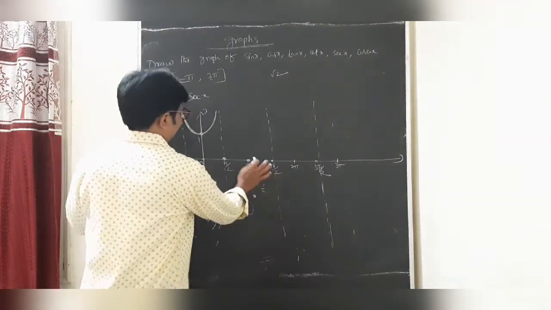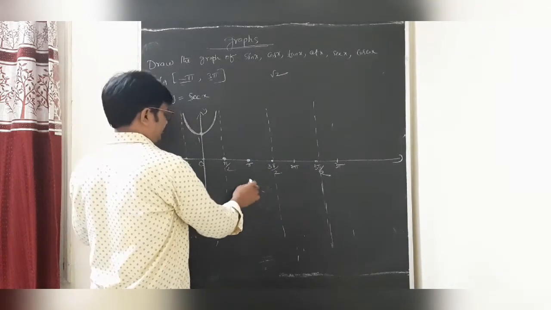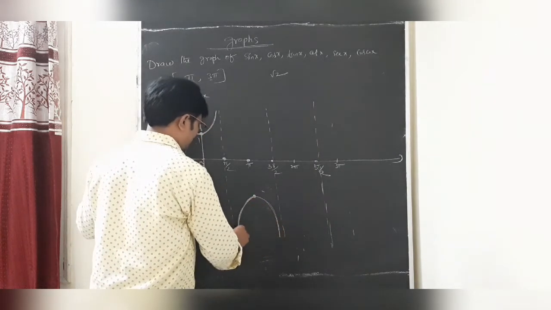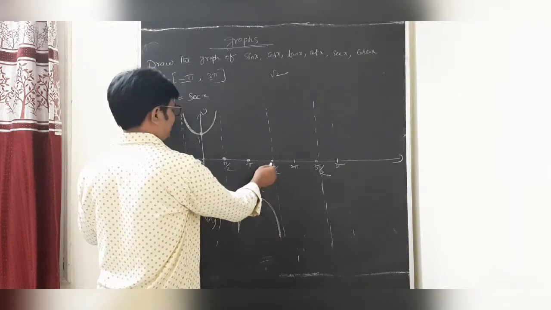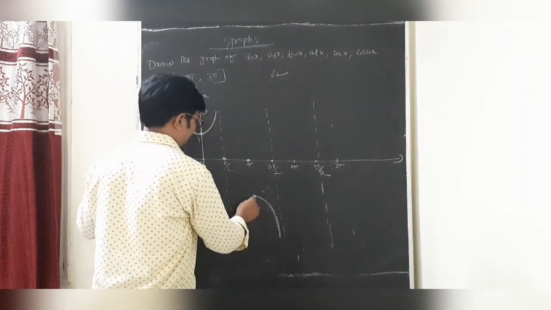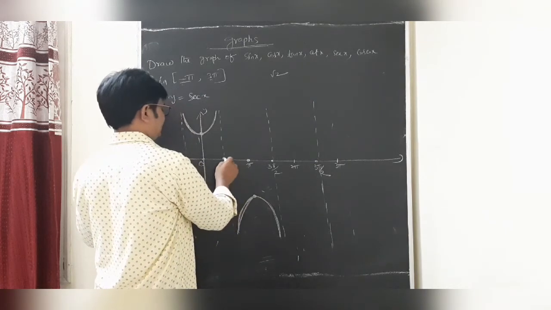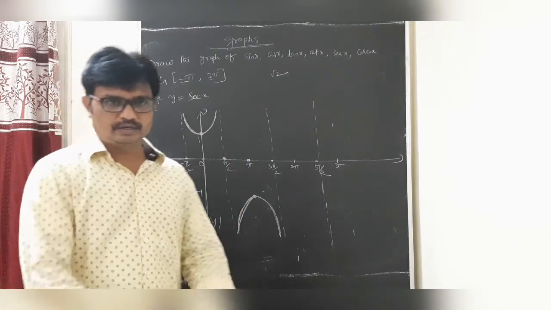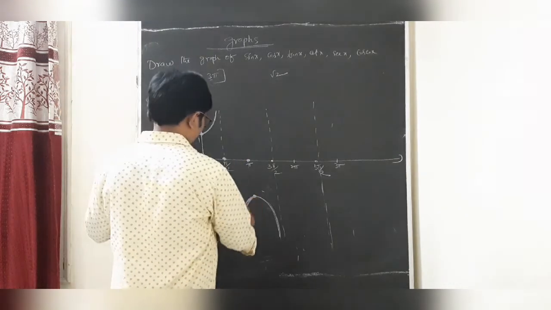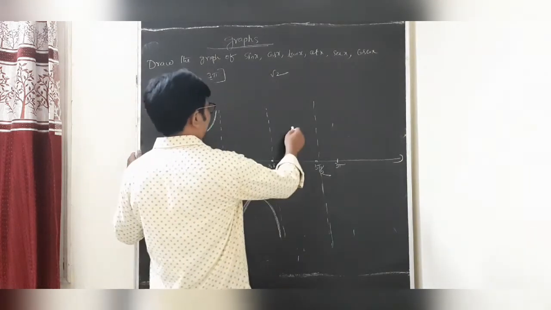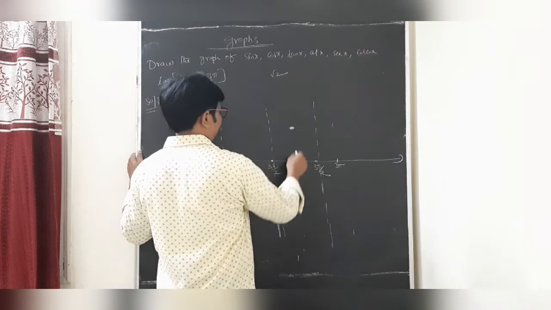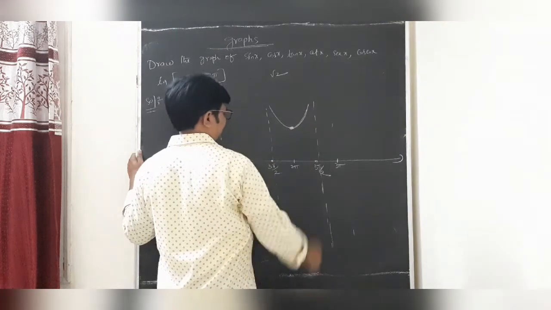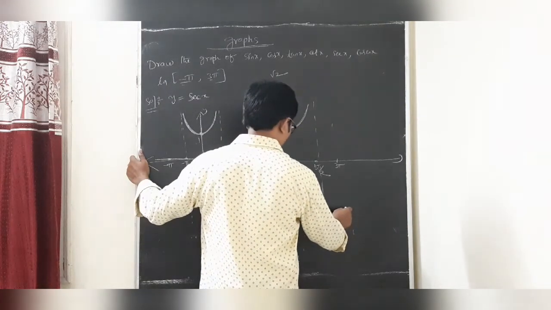Now students, what we observe: cos of π is minus 1, like this. These are all the remaining values. In between π to 3π/2, cos values are negative, since those angles lie in the third quadrant, that's why this is also negative. My dear students, cos of an even multiple of π is plus 1, secant of an even multiple of π is also plus 1. Cos 2π is plus 1, like this. Cos of 3π is minus 1.